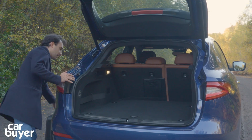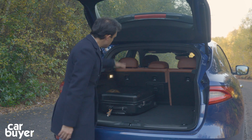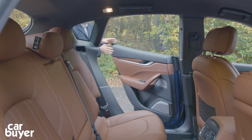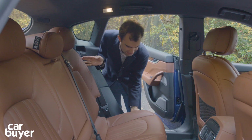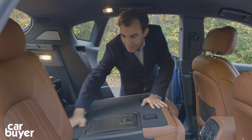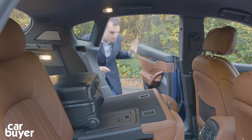If we grab the Carbuyer suitcase, you'll see that there's a nice amount of space. It's not massive, there's not a huge amount of height, but generally speaking it's okay. And of course you can always make the space larger by folding the rear seats, and they split 60-40. All you have to do is pull in this lever down here, which is actually quite stiff, but push the backrest down, and thanks to a flat floor here, it means you can easily slide your items right to the